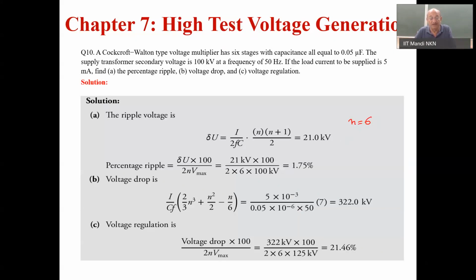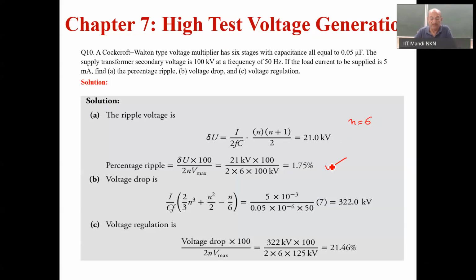With 6 stages of 100, the no load output voltage is of the order of 1200 kV. The voltage is doubled in 6 stages, so 200 doubled, 1200 kV. This is a very large DC voltage generator. So the ripple is 21 kV, the drop in voltage, and the percentage of ripple then works out to be